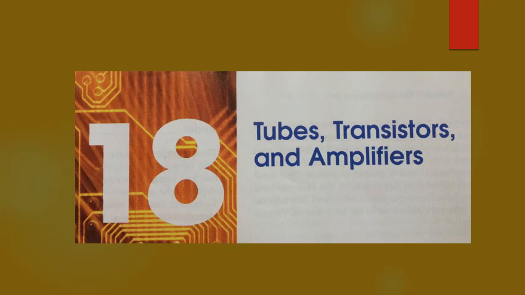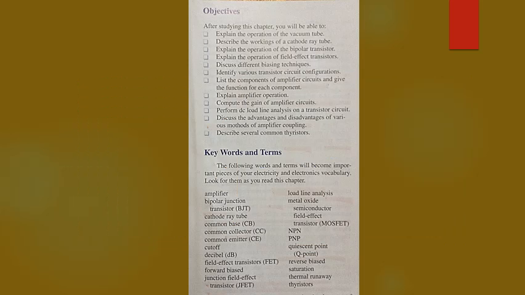This is chapter 18, Tubes, Transistors, and Amplifiers. Objectives for the chapter are to explain the operation of a vacuum tube, describe the workings of a cathode ray tube, explain the operation of the bipolar transistor,